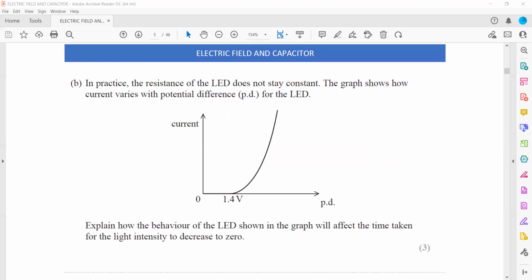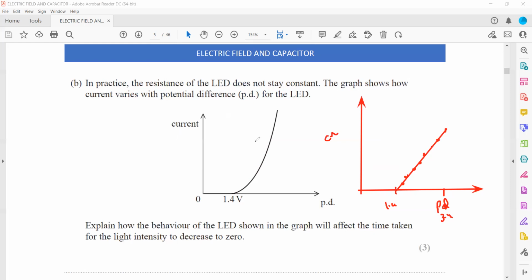As the graph between the current and the potential difference, if it was a linear relation, then it would change from 3.4 to 1.4, because initially the voltage is 3.4 and then it is decreasing. So it would change from 3.4 to 1.4 in a short time. But its resistance is changing,